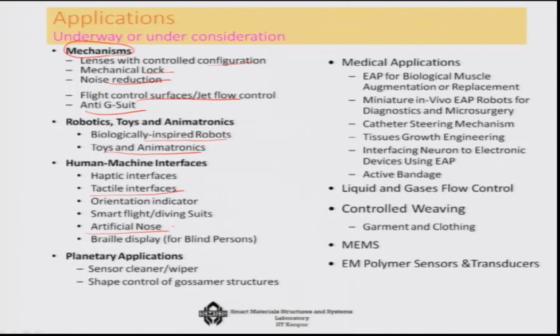Towards the end of this lecture, I will show you one such application, tactile interface, artificial nose, things like that. Then you can use it for planetary interfaces, like I told you, that wiper or gripper or cleaner wiper or shape control of Gossamer structures. There is a good use of this material for medical applications. For example, it is used for biological muscle augmentation, that is one. Then miniature in vivo EAP robots for diagnostics and microsurgery, catheter steering mechanism, tissue growth engineering, interfacing neuron to electronic